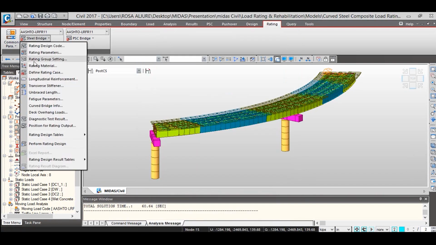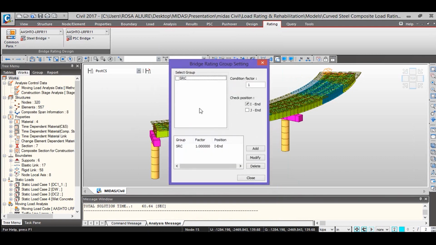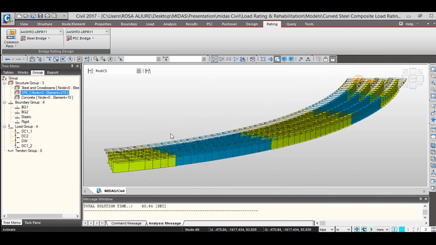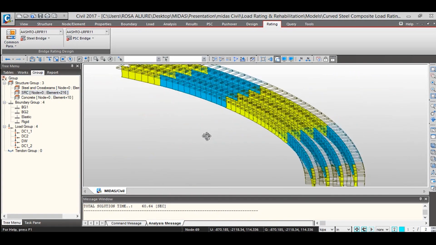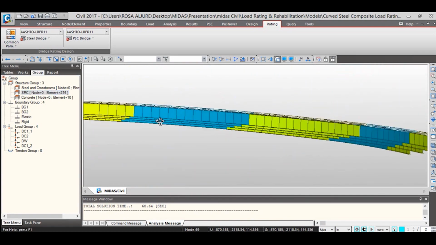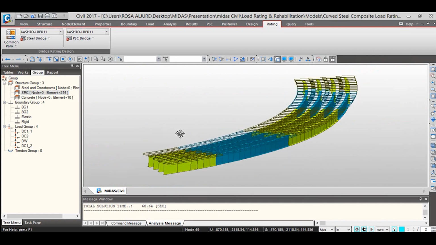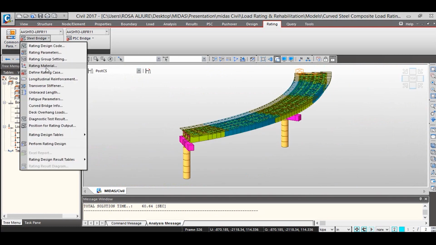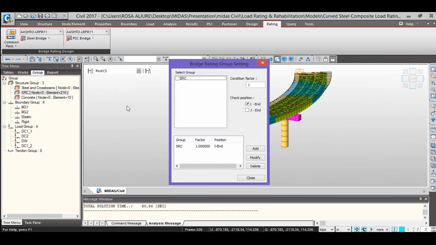After that, we have the rating group setting. Here in this case, I showed you earlier that I had the SRC group. Here is the group for, let me just activate it to show you. Here is the group for all my girders. So I have assigned the girders into that particular group, and that's why I have used the SRC group for this rating setting.